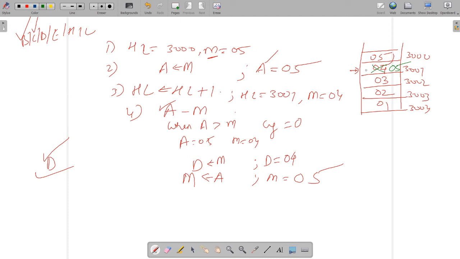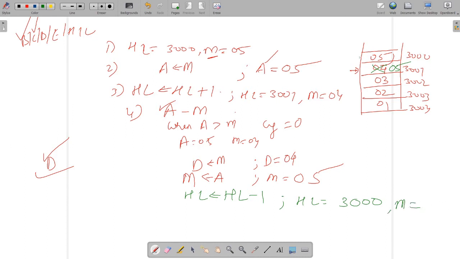So how are you going to store 04 in this memory location? For that, we will decrease the content of the HL pair. So what is going to happen? Now HL will be having which address? 3000.